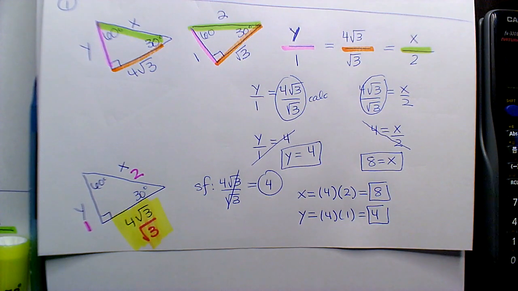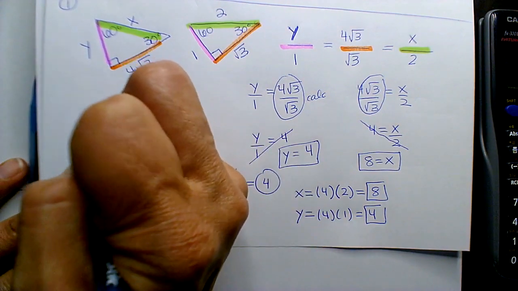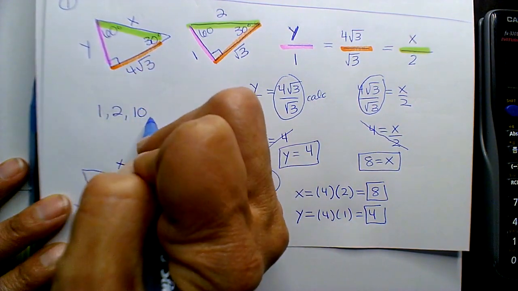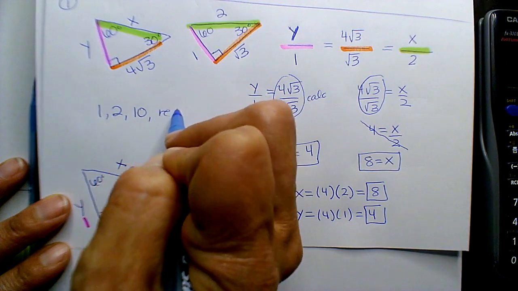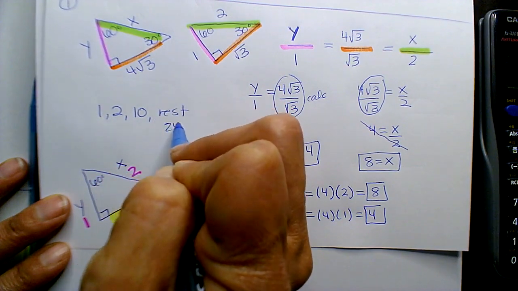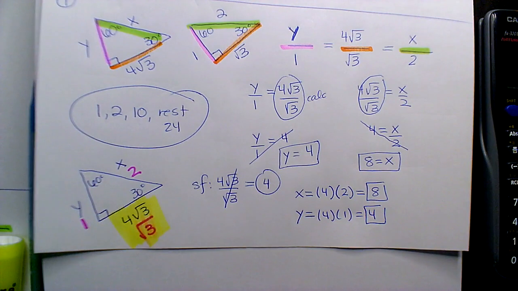Okay. Your 30, 60, 90. So the rest, you go 1 through 10, and then the rest up to 24, right? This is a 20-point assignment because there's so many of them. So 45 is a 10-point assignment. 30, 60, 90 is a 20-point assignment. So you really have 2 assignments on that sheet. Yes? Now, you have to have